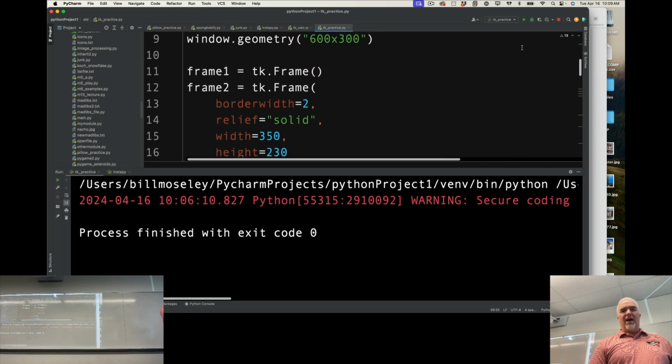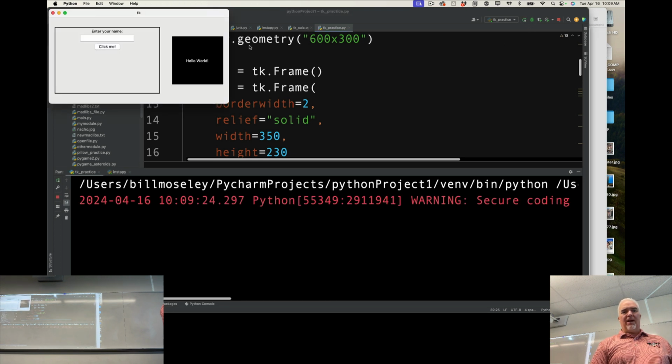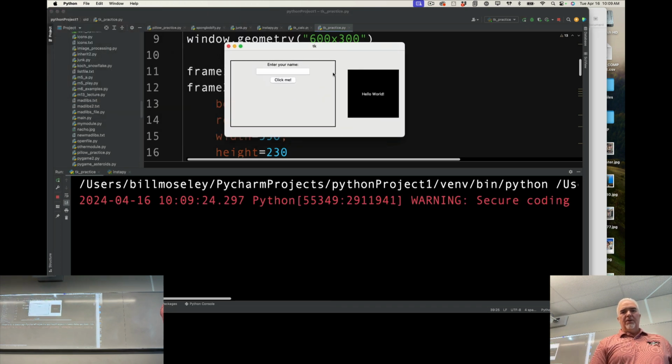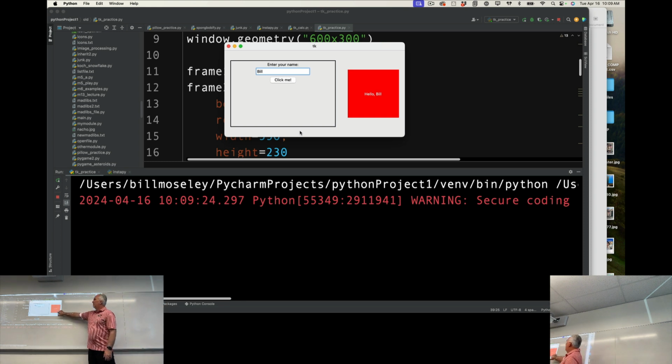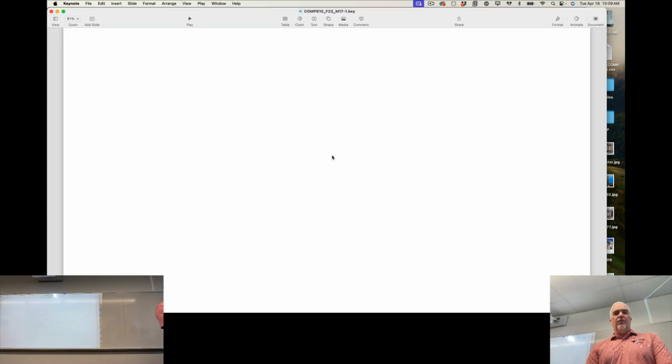So now that I have all of that, let's test out my little app here, my little hello world. So if I enter my name and click the button, then it switches the text to hello Bill and turns the label red. Cool. So there are lots and lots of widgets